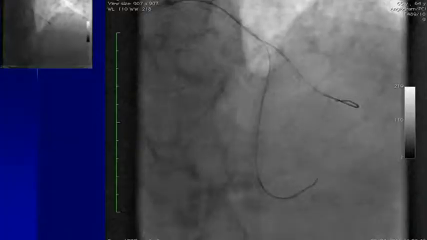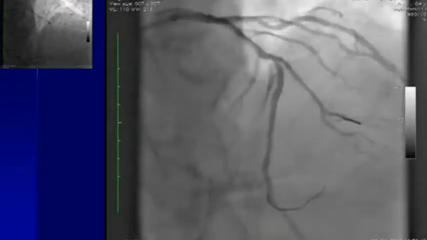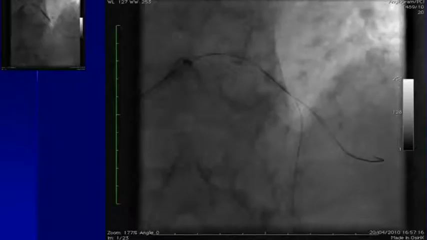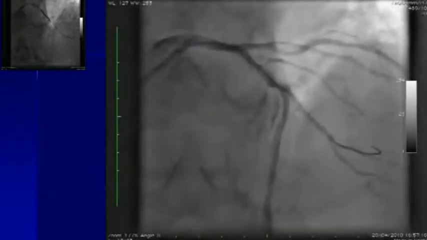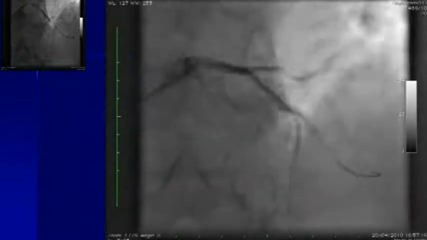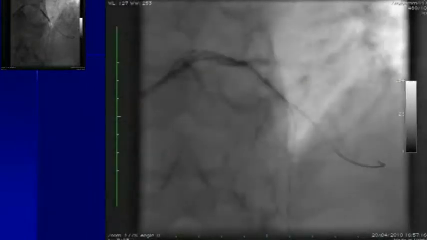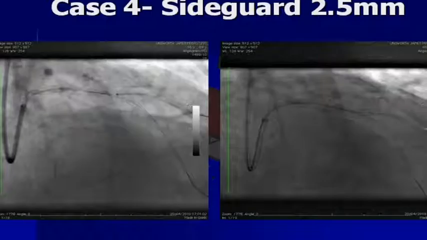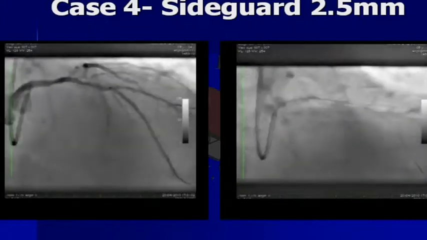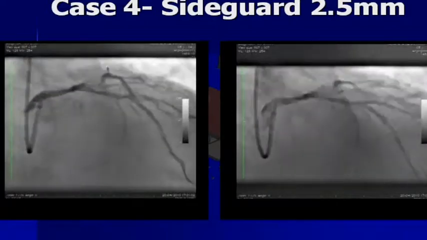Now I decided to do rotablation. So we had rotablation through the diagonal vessel, following which this is the picture following rotablation. Then after that, we did further predilatation, and this is the picture. You can see already there is some impression that there is dissection around this territory. So at this point, I wanted to make sure my side branch is secure. So I put the SideGuard in, and the SideGuard went in very easily. We didn't have any problem getting it done. And again, this is the picture positioning the SideGuard with the dot,